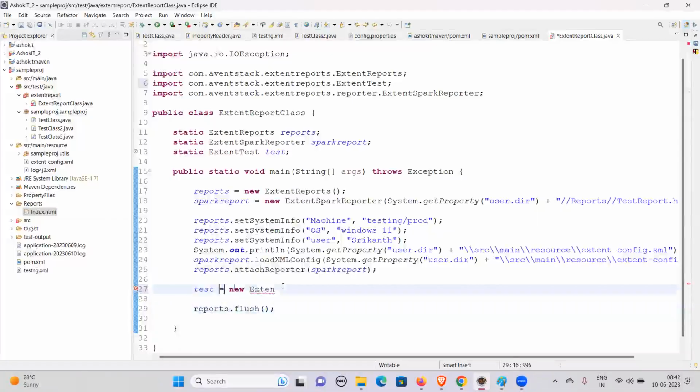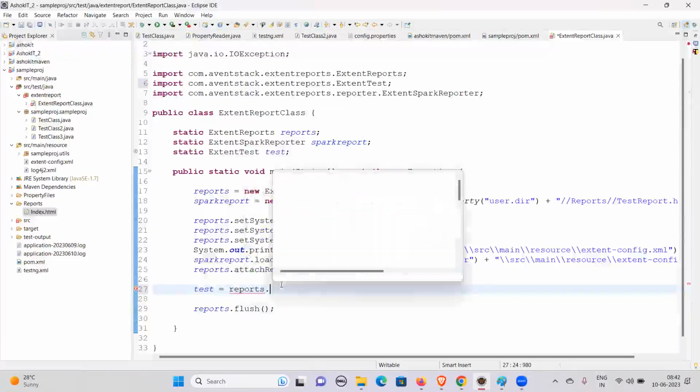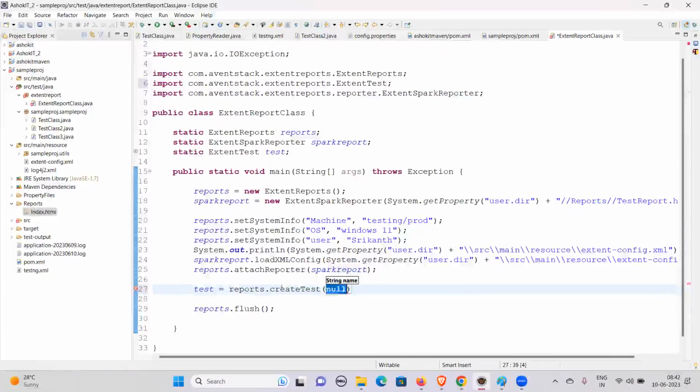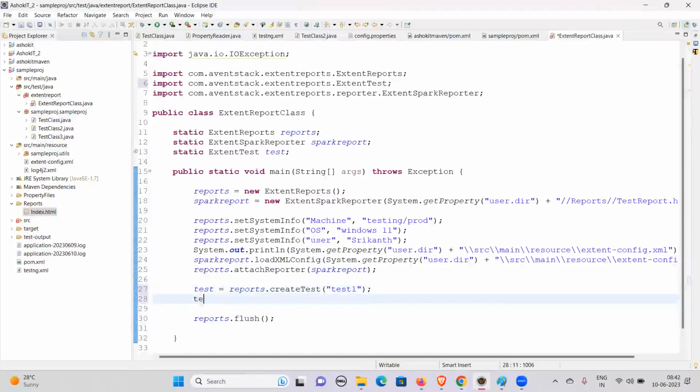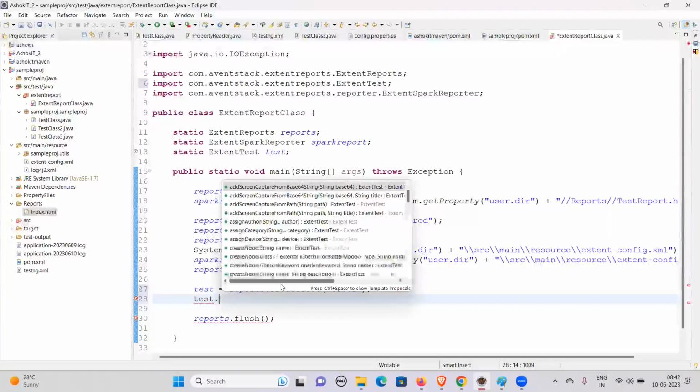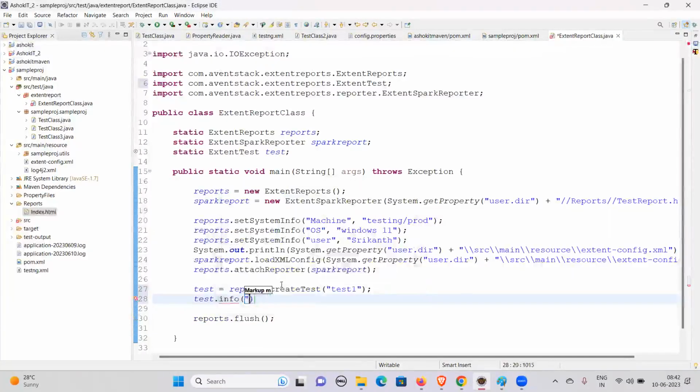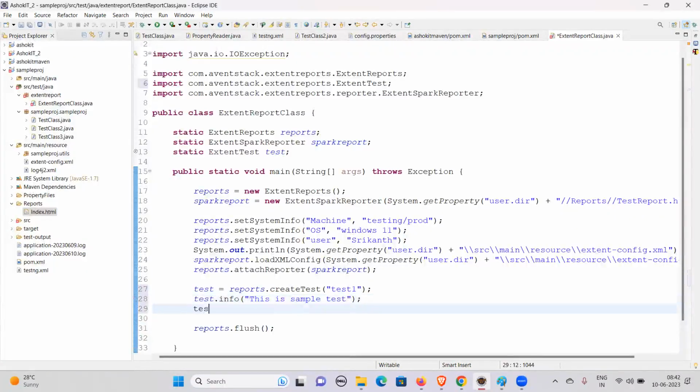And create object, otherwise we can take it as test is equals to import, new test, create new test. Okay, so here we will give test one. So test dot info: this is sample test. Okay, so after that test dot pass, I'm going to give